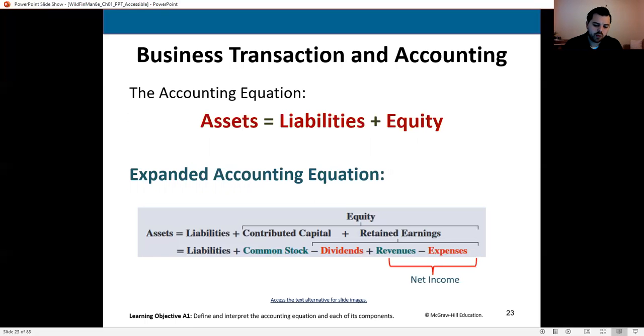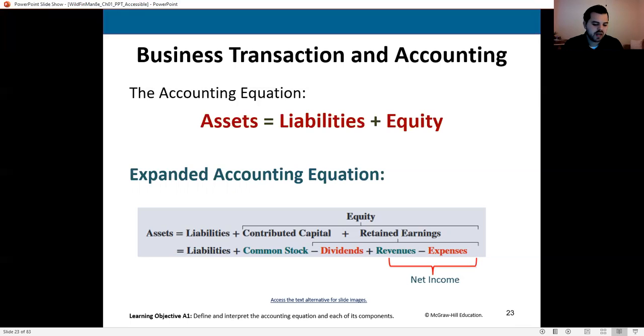Now, the most important equation in this course is what's called the accounting equation. It is written in red at the top: assets equals liabilities plus stockholders' equity, or in this case, just equity. If you're only going to know one equation for the entire course, make it this one. This is the most important equation you will see in this course. You will see many, many equations, but this is the overriding one that helps us with many other things.